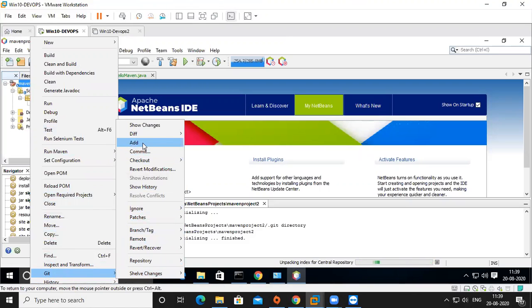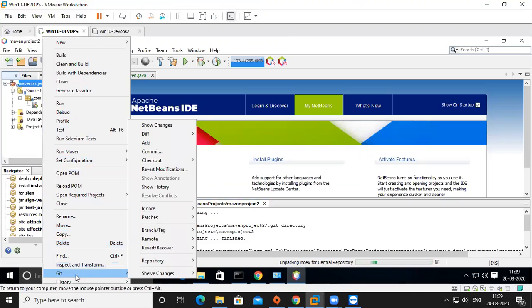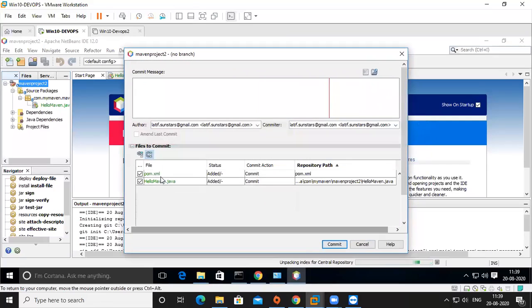Then I'm adding files. After adding, what to do? We have to commit. I have two files here, so I'm going to commit. I give a commit message, anything, just the name first commit, and then commit.